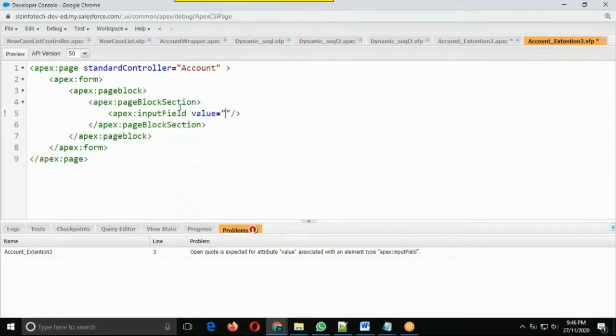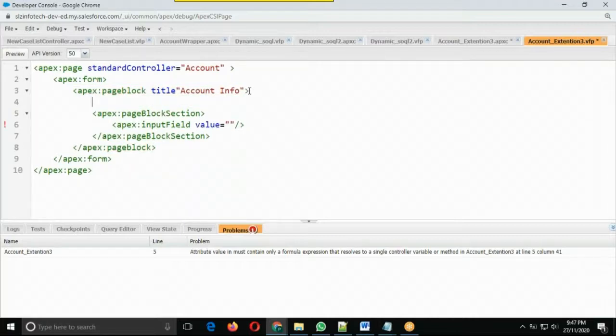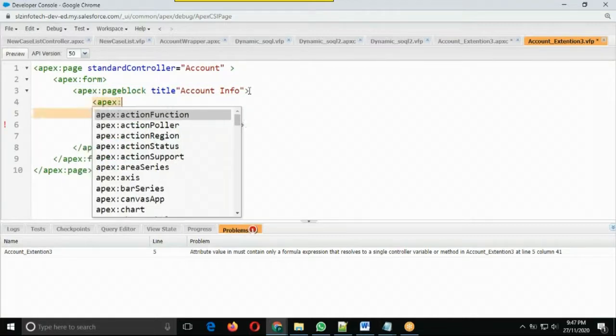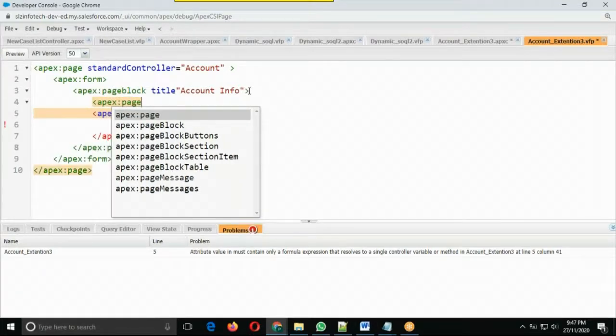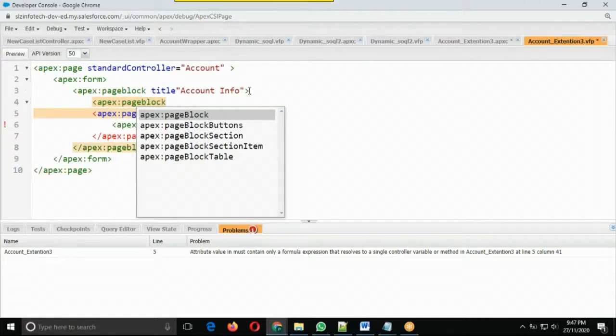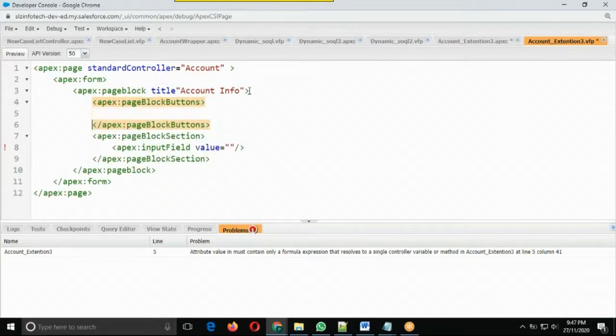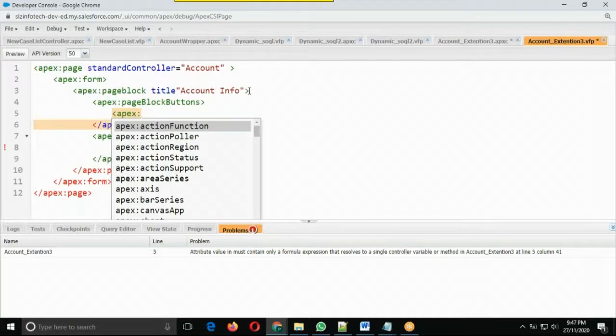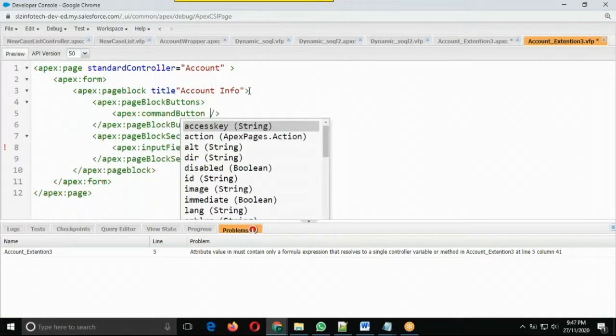Before that you can create the command button, the page block, the apex:pageBlockButton. Can do save.